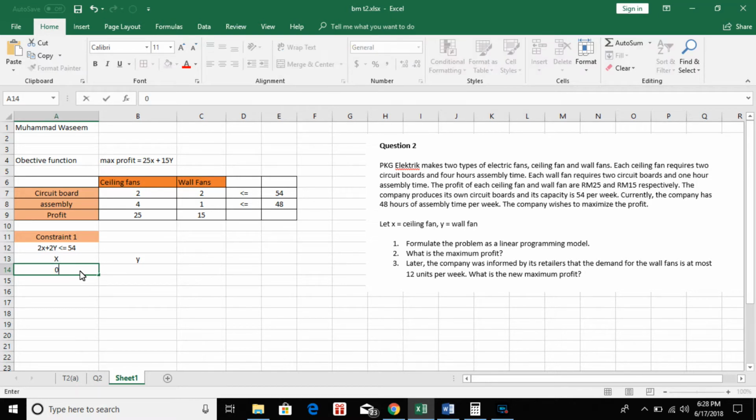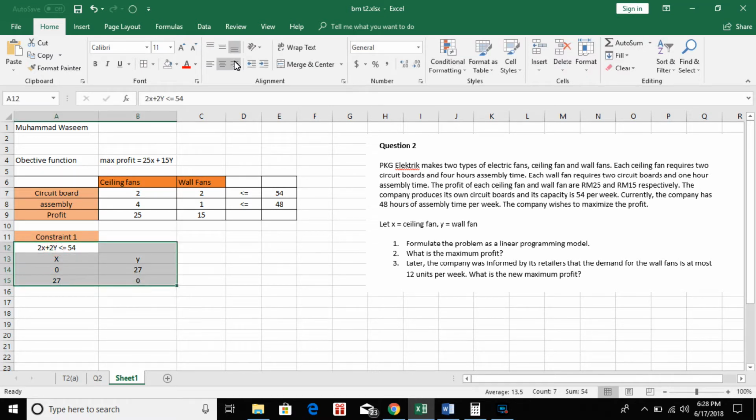If x is equal to 0, then 54 divided by 2 is 27. Y will be 27. Another, if y is equal to 0, then 54 divided by 2 will be 27. So this is our first constraint. Just to make it a bit nicer,